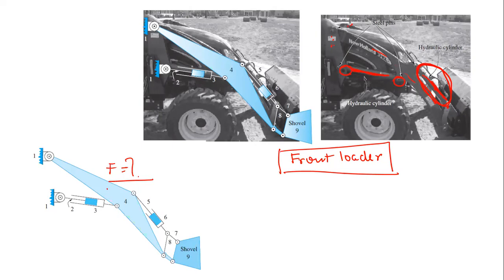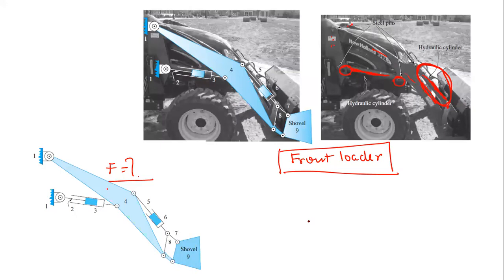So just try to calculate this using Kutzbach criteria. But as far as my opinion is, I think the degree of freedom of this mechanism should be equal to 1, right? This is just maybe my imagination. I might be wrong also, because ultimately, when we run the analysis, then only we know what would be the actual degree of freedom. But based on my interpretation, I assume that the degree of freedom of this mechanism should be equal to 1,